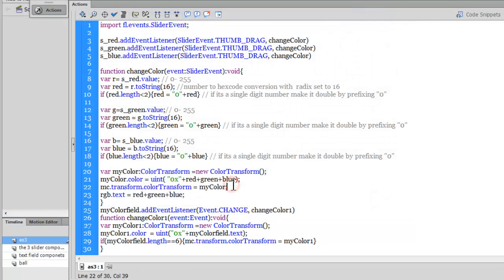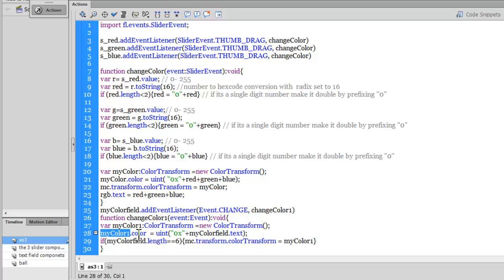Right now, once again, let's understand this function color changer one. So you pass in the events inside the brackets. You put a colon void out here because this function does not calculate and return a value. I'm declaring a variable my color one. The type is a color transform, and I make it equal to a new instance of the color transform class. So I'm getting a variable ready, which is then going to hold the color using the color property. So what I'm doing out here in line number 28 is, through the color property,